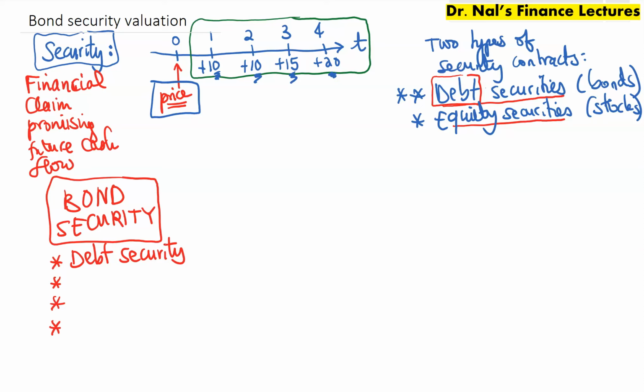Whenever the company makes profits, the bondholders are the first in line to receive payments. So they have priority over stockholders to the cash flows of the firm. So if the company does not have enough cash flows to pay back bondholders and stockholders at the same time, it will be bondholders which will be paid first. All right, so bondholders have priority. Bonds precede stocks in terms of priority.